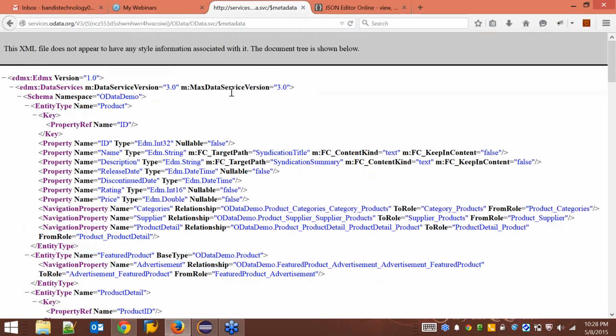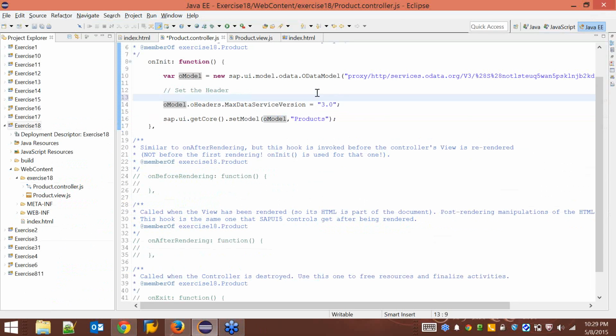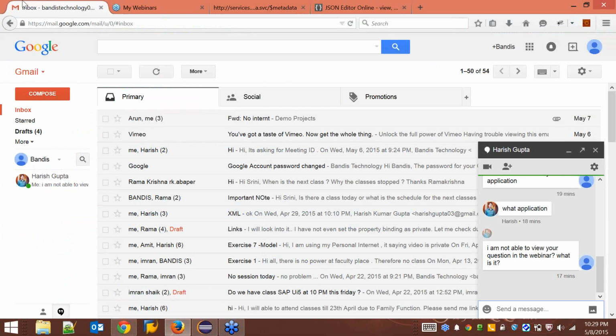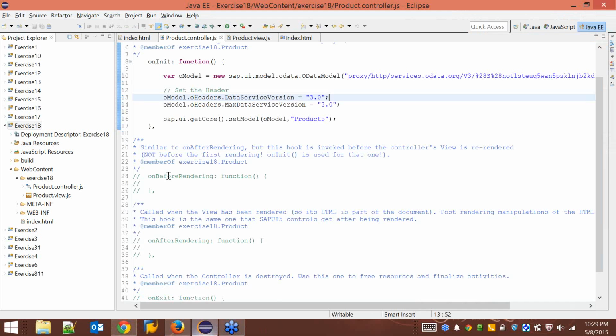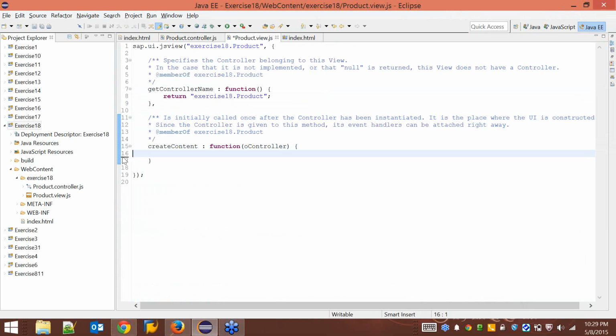I have set this max data service version to 3.0. I will set this data service version to 3.0 as well. It's not needed in this case, but let me just set it. Okay, now I'm just going to go ahead to the product view, and here I'm going to construct the table